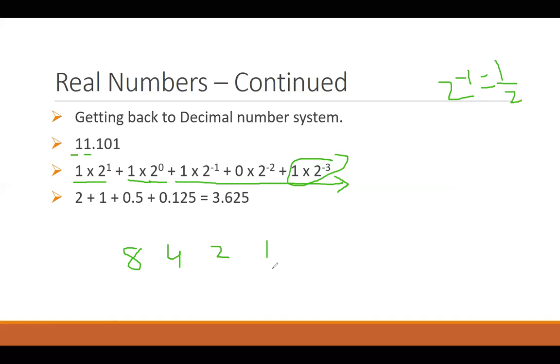So another way of looking at it is that on the left hand, it's doubling up. So on the right hand, it should be halved. So it is going to be 0.5, then 0.25, then 0.125,